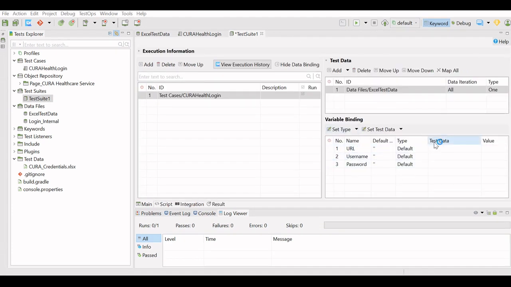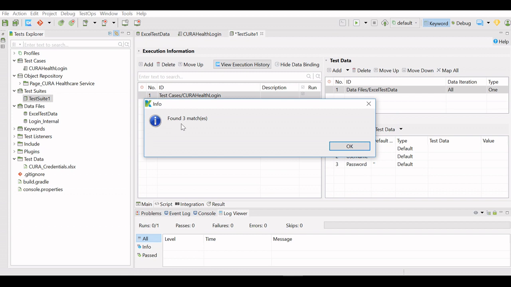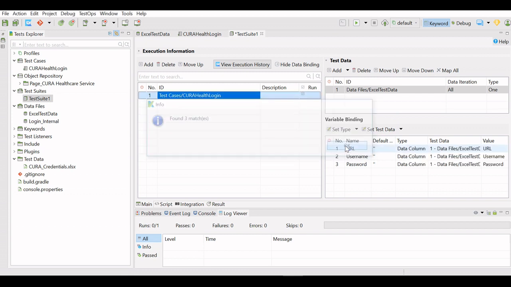You see here the variable binding has been done automatically. You have to click the map all button and it will show found 3 matches. For this, you have to make sure that the name of the variable that you give in the test case and the column name in the Excel file should be same.